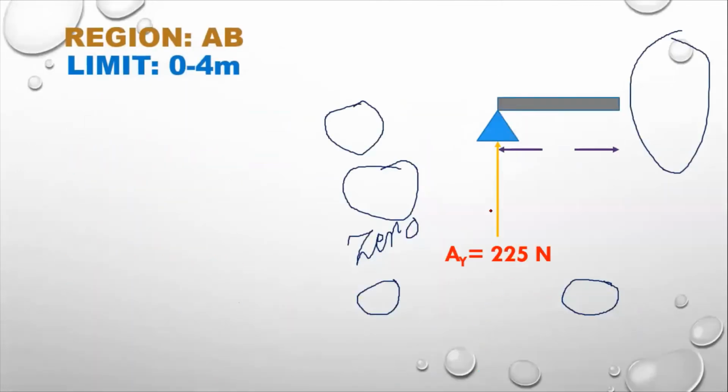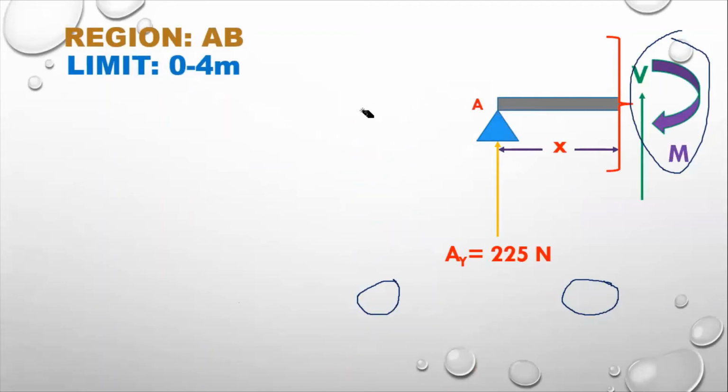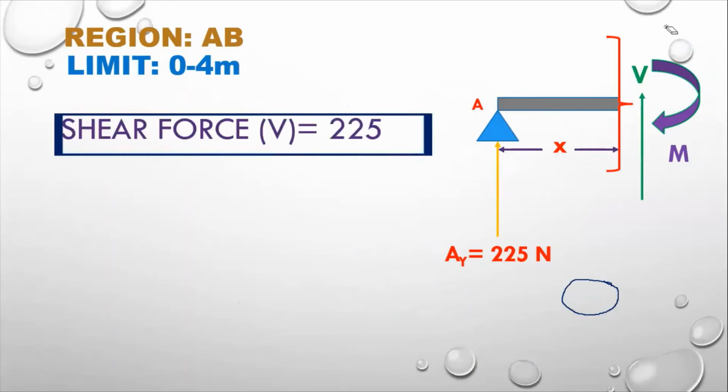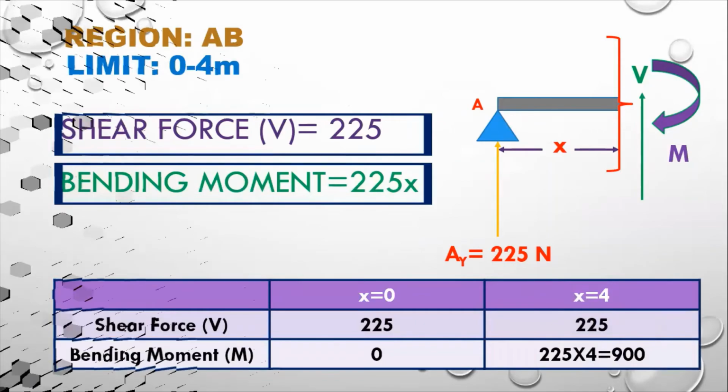So this one was the region AB, I have already explained to you. So let me erase all this, whatever mess I have done over here. So this is the way to calculate. So I am moving towards the region BC.